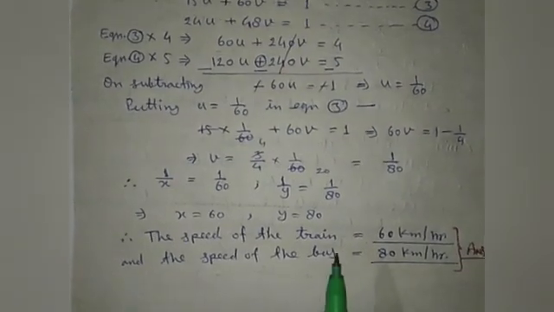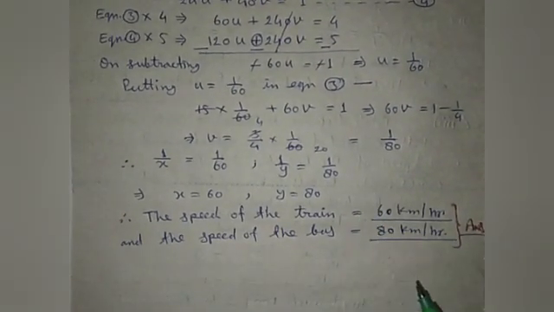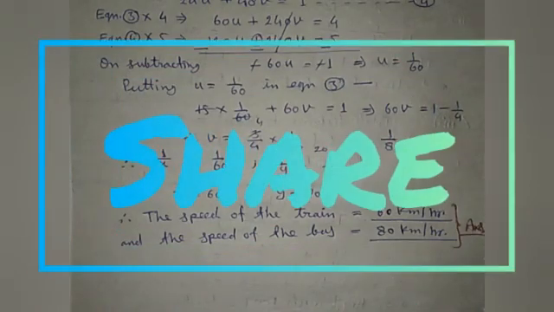Now we have completed exercise 3.6, and exercise 3.7 is optional for you. It is for your practice. And in this way we have completed the whole chapter 3, and now we will solve the other chapter in the next video.